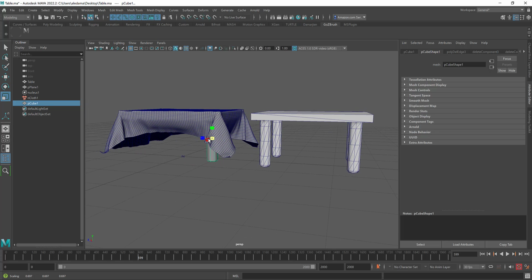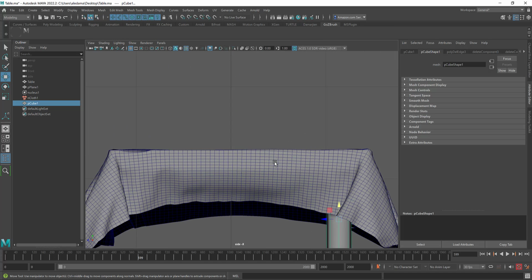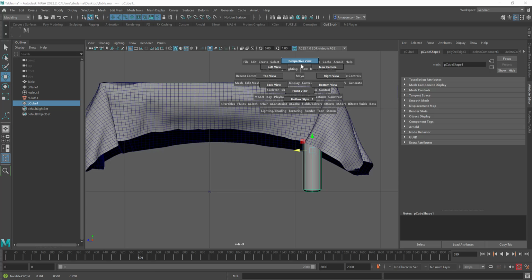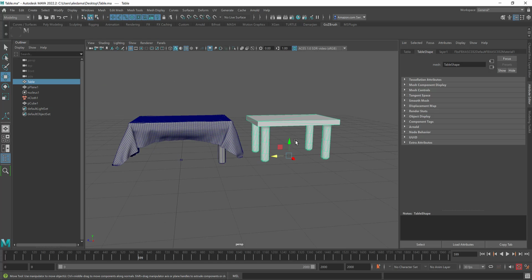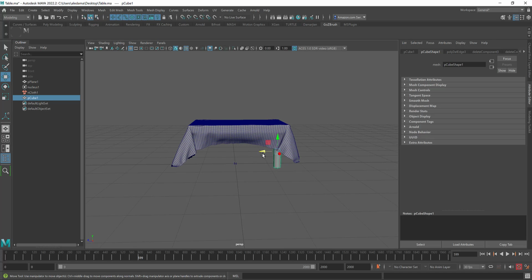I'm gonna hit R and just sort of play with that, bring it down. I'm gonna hold spacebar down, right click and go to the right view, just to make sure I'm lining this up with the bottom here. Something like this, let's bring it down. All right, going back to perspective mode, I can delete this table now and just grab this leg, holding shift,